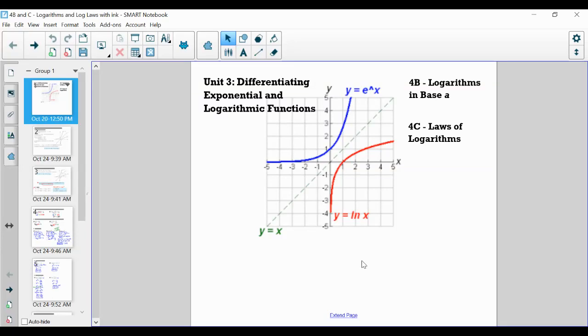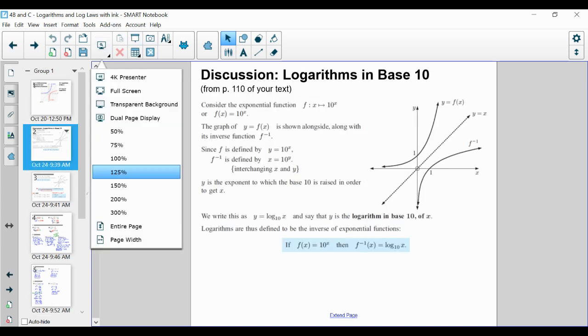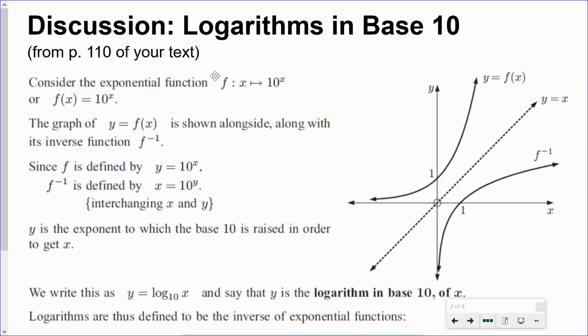Hello everybody and welcome to our lesson on section 4B, Logarithms in Base A. And we're going to talk just very quickly, a little review of logarithms. So from page 110 of your text, remember that